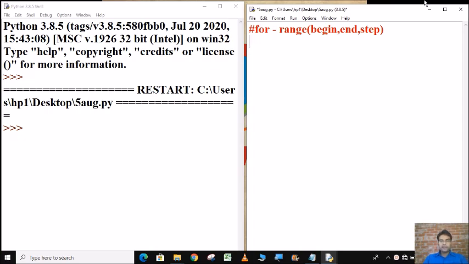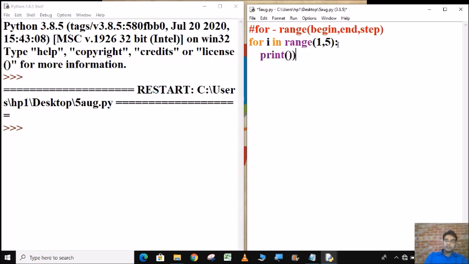Suppose we want to print numbers from 1 to 5. So we will write for i in range. 1 will be the starting value, and suppose we write 5 as the end. So it will move till 5, but it will not include 5.